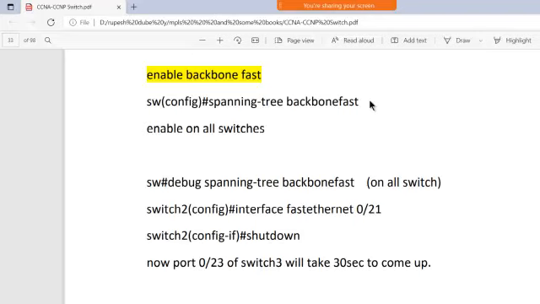Previously, when I was not enabling BackboneFast, it was taking 50 seconds to come up into the forwarding state. But when I enable BackboneFast over here, it will take 30 seconds, right? So this is going to happen.